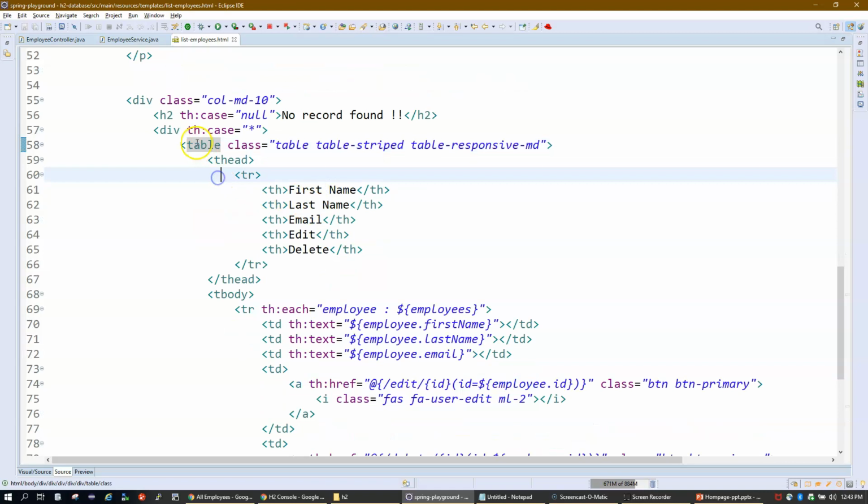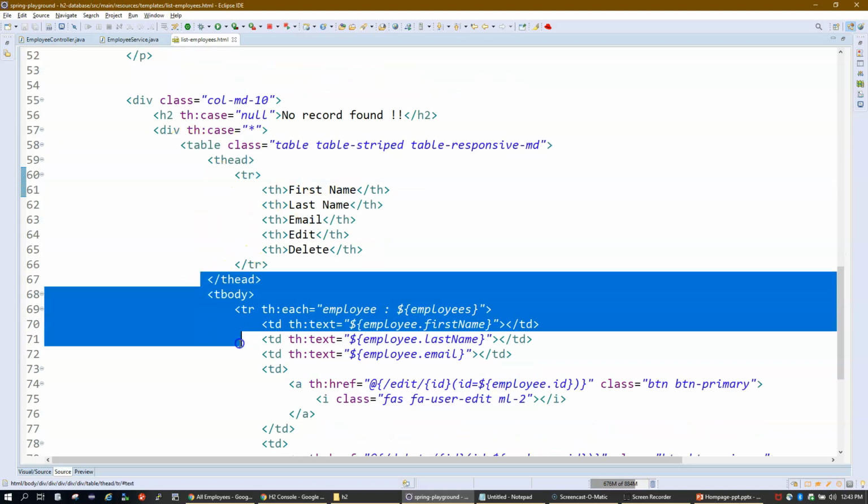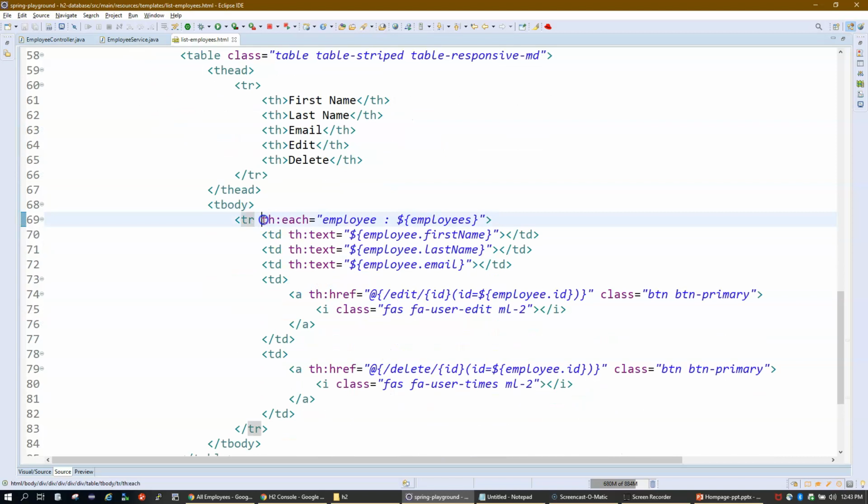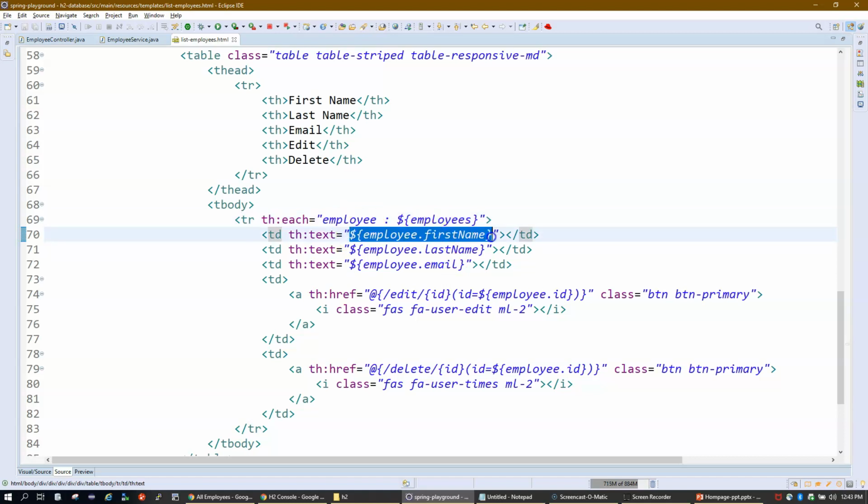Here I have used a normal table with a header and then a table body. We have introduced something called th:each. This is the Thymeleaf each functionality, like a for each loop. It iterates your employees list and fetches the data, one record at a time. Then we have th:text, which is just like a text field or label in HTML, and this is the way to fetch the data out of this employee. The employee has 3 properties: first name, last name, and email. This is how you fetch the properties one by one: $, then employee, your variable name, your list attribute, and then dot attribute name.